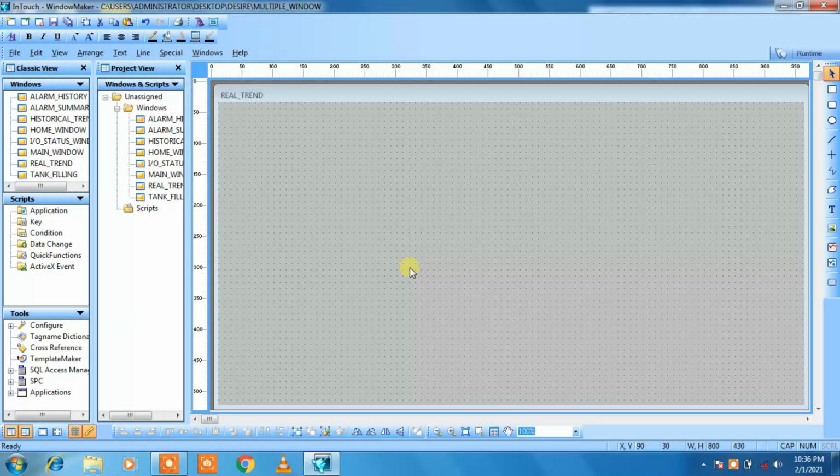Here we are going to see the real trend positions, the real values of our tank, the real time value of our tank.